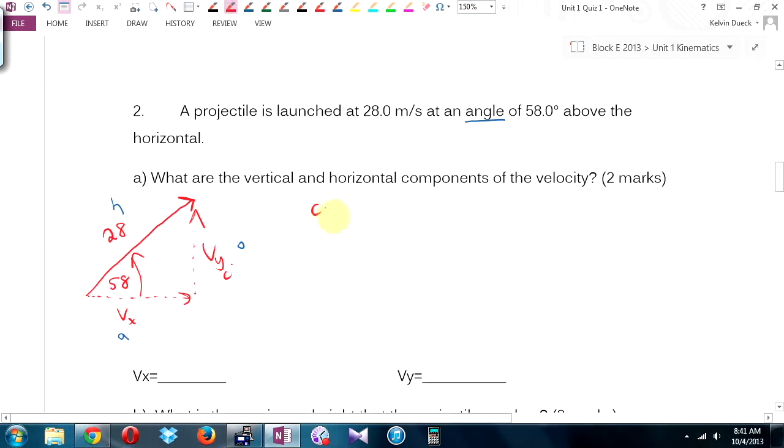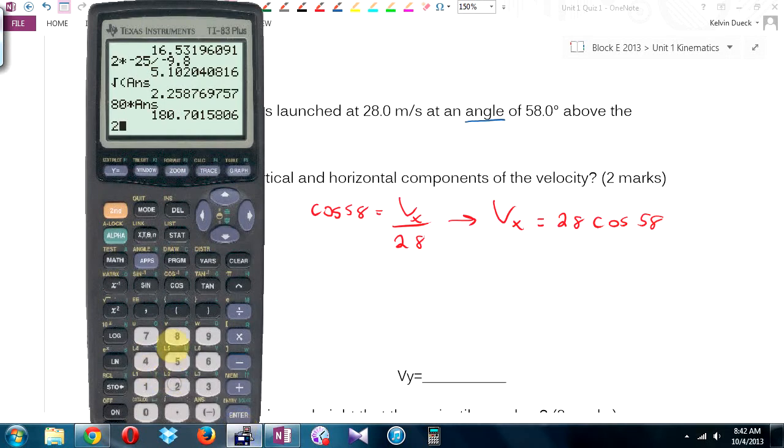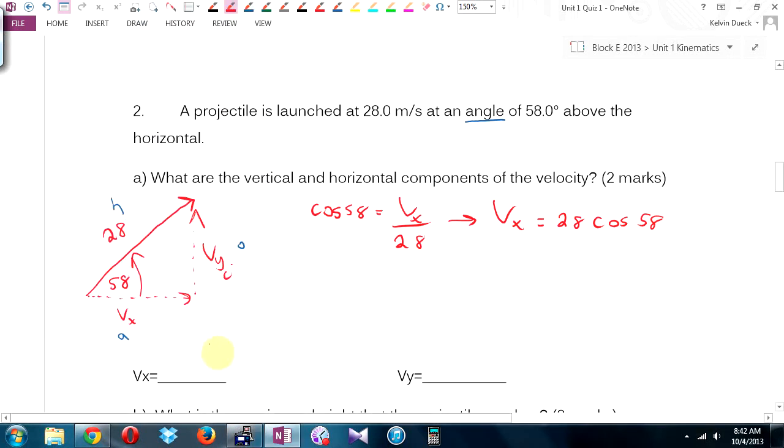I think you'll have this. Cosine of 58 equals Vx over 28. And this is where the shortcut that I've given you comes from, where I've said Vx equals your velocity cos the angle. 28 cos 58, 14.8